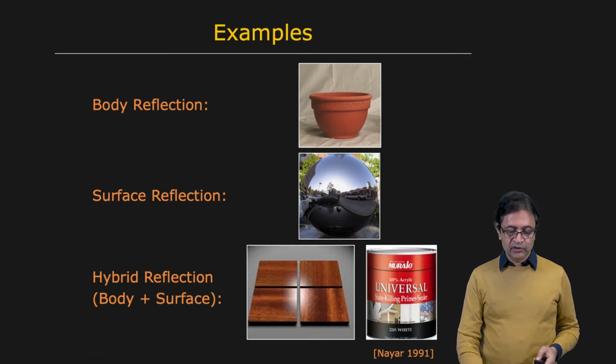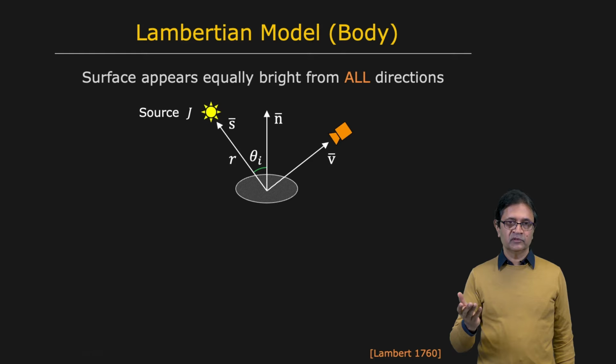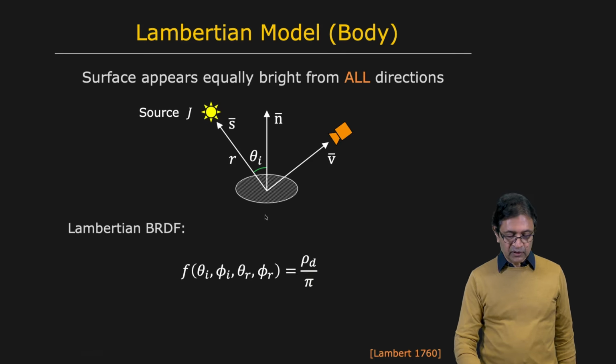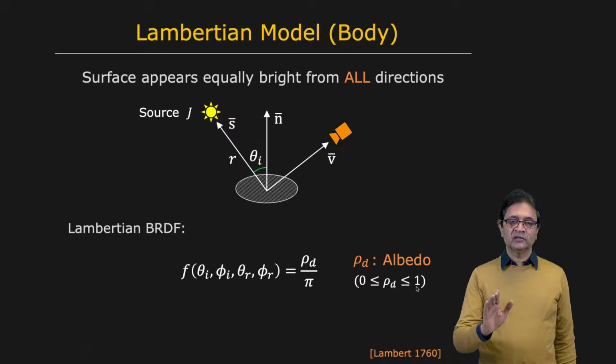Let's start with the Lambertian model for body reflection. This is due to Lambert, 1760. What's interesting about this model is that it essentially states that a surface appears equally bright in all directions. It doesn't matter which direction you observe it from, it has the same surface radiance. So in other words, its BRDF, f, is a constant, rho_d divided by pi. Rho_d, d for diffuse, is called the albedo, which goes from 0 to 1, 0 for a perfectly black surface and 1 for a